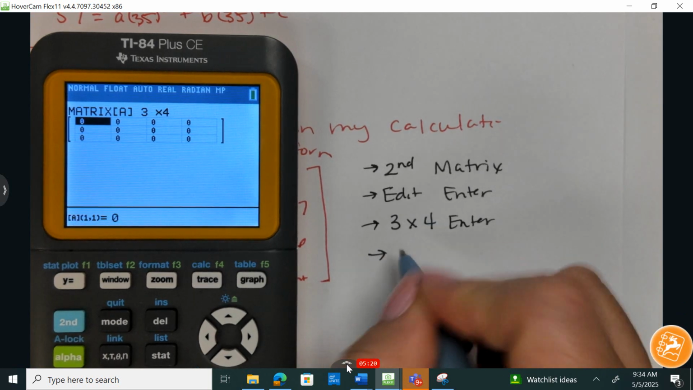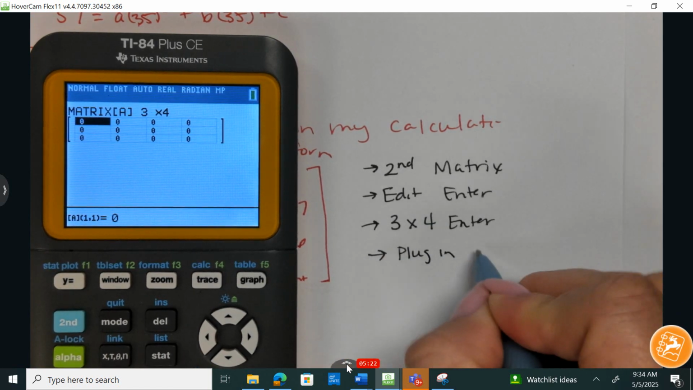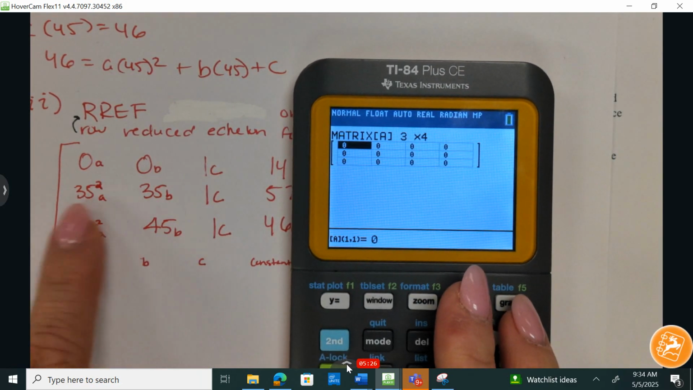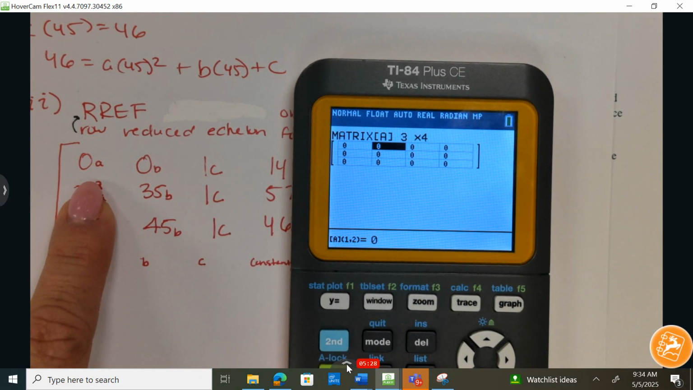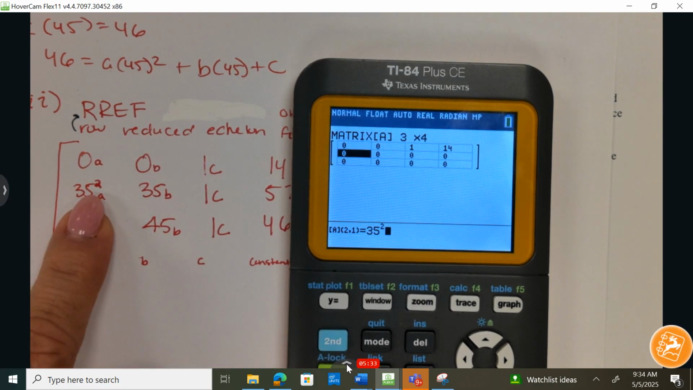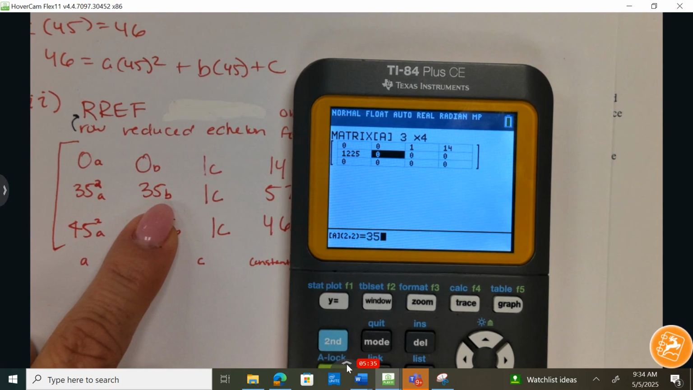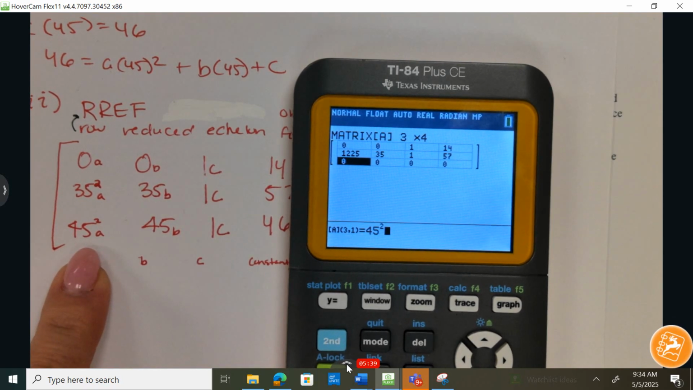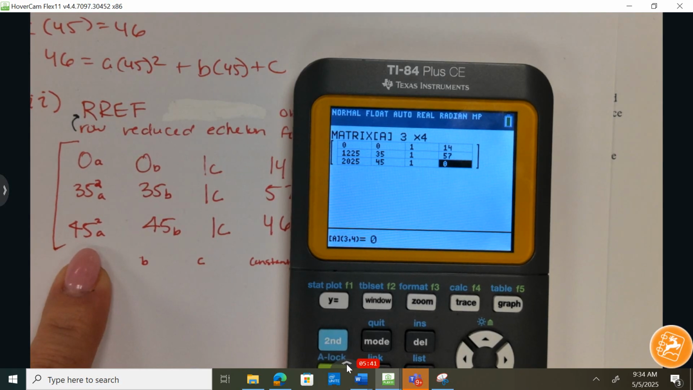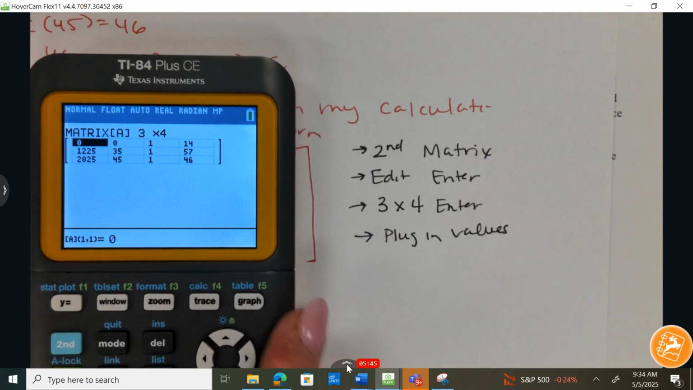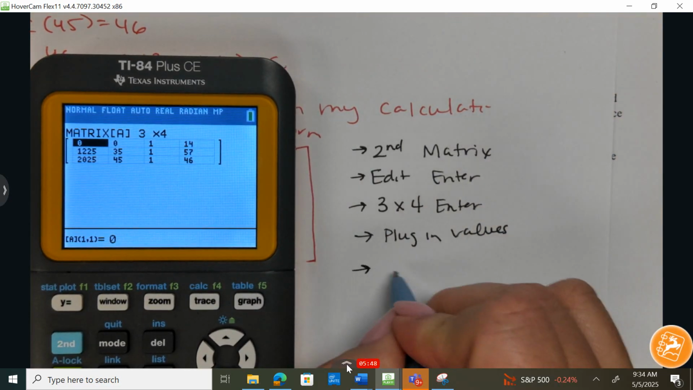And now I'm going to plug in values. I'm not actually going to put an A, B, or C. I'm just going to put 0, 0, 1, 14. 35 squared, 35, 1, 57. 45 squared, 45, 1, and 46. Then we're going to get out of the screen, so I'm going to hit second